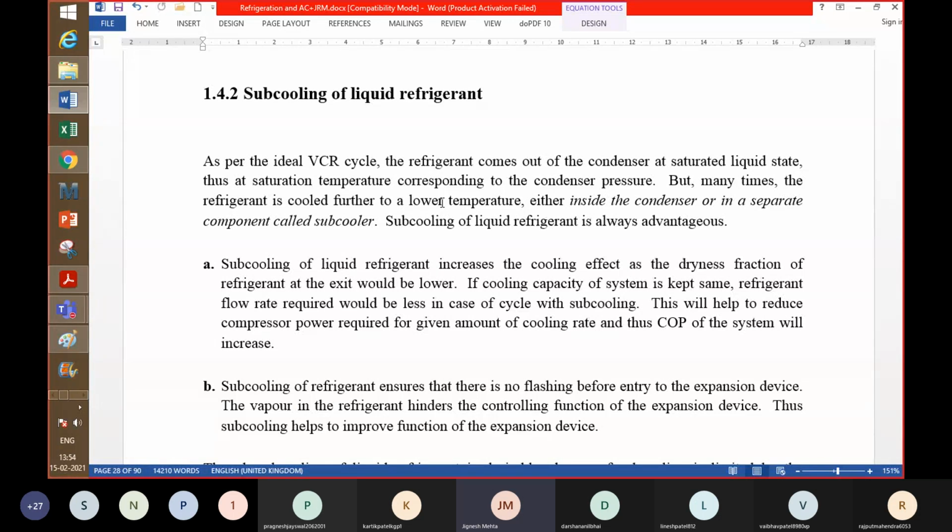Right? That's what is meant by subcooling of liquid refrigerant. So that may be done inside the condenser if the condenser is slightly over designed or the conditions are favorable at that time. The liquid refrigerant coming out of the condenser will not be at condensing temperature but would be at a lower temperature, as you have already noticed in the practical class that the condensing temperature was around 42 degrees Celsius, but the outlet of the condenser was at a lower temperature, and that was around 36 degrees Celsius. So that's what is subcooling.